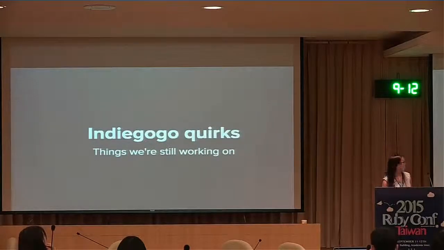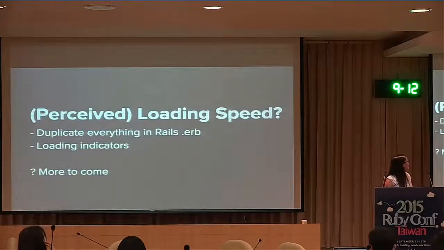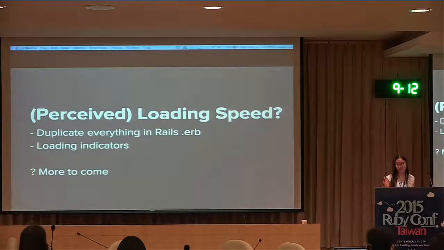So there are a couple of quirks, things that we're still working on. Loading speed: we've tried two different things. One of them is basically do nothing and just have a loading indicator. The other one is actually duplicate everything in the Rails ERB view, so that would be the initial state of the page, including any dynamic content. That is not ideal because then you're duplicating everything. And people are like, why are you going to use Angular? And if you make a change, you have to remember to make it in both places. So we really want to move away from that, and we're looking into preprocessing. I hope to be able to tell you much more about preprocessing soon.